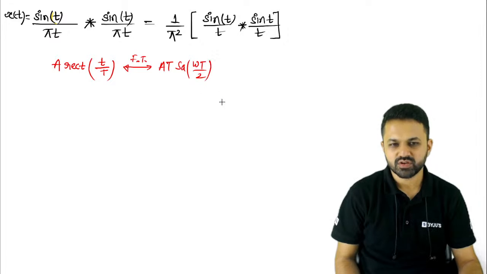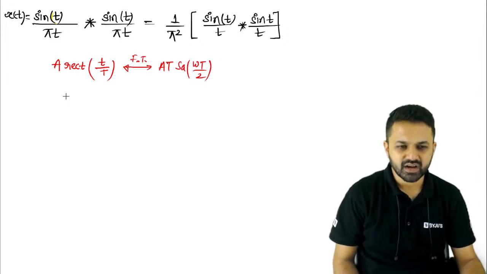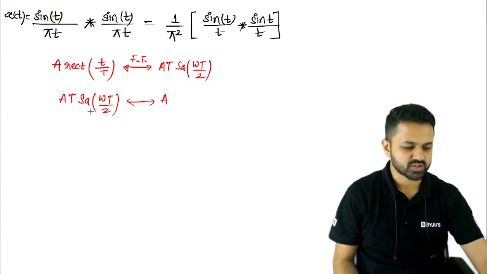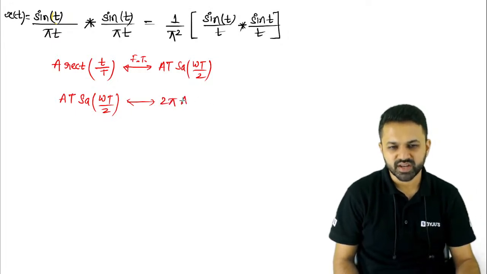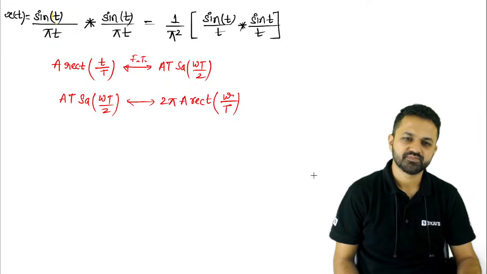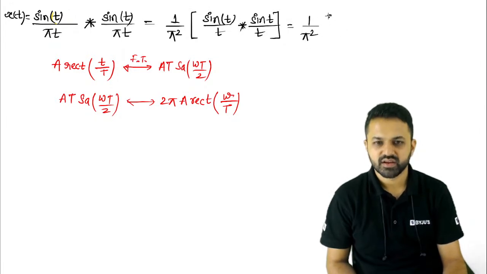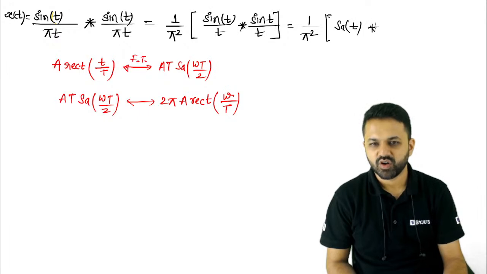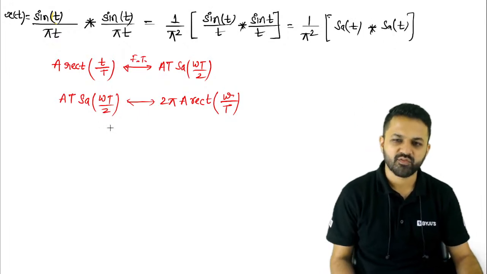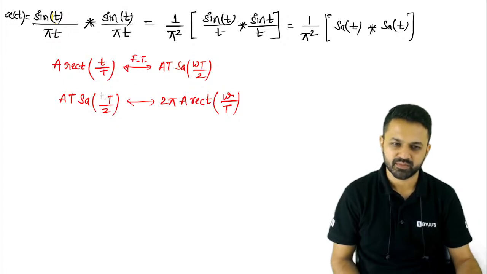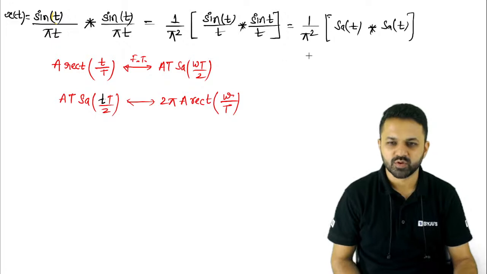A T सैम्पलिंग (ωT अपॉन 2)। ठीक है, अब इसी पर अगर मैं ड्यूअलिटी प्रॉपर्टी लगाऊं तो A T सैम्पलिंग (ωT अपॉन 2) का फोरियर ट्रांसफॉर्म क्या हो जाएगा। इनफैक्ट 2π भी मल्टीप्लाई होगा, फिर A और ये रेक्टेंगुलर f, यानी यहाँ पे ω लिख लेंगे, t को −ω से रिप्लेस कर देंगे, ω बाई T। तो अगर आप इसको सैम्पलिंग के टर्म्स में लिखोगे तो ये आएगा 1/π², और ये आ जाएगा सैम्पलिंग ऑफ t कन्वॉल्व विथ सैम्पलिंग ऑफ t। इसको सैम्पलिंग के फॉर्म में लिखने के लिए ω को पहले t में रिप्लेस भी करना पड़ेगा। जब आप टाइम डोमेन में लिखोगे तो ये t से रिप्लेस करोगे।